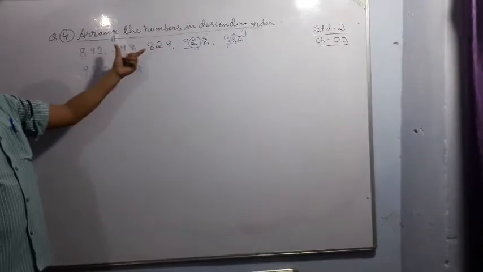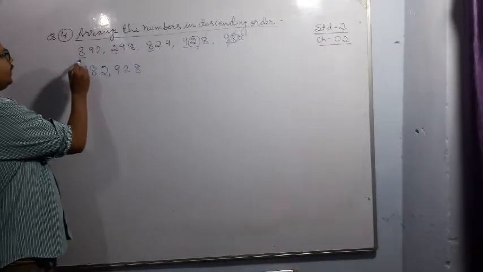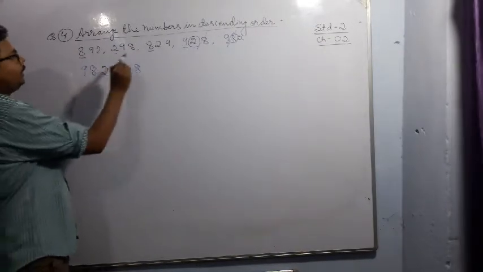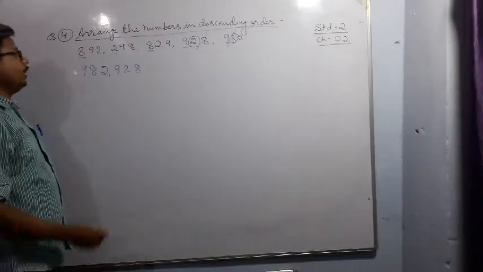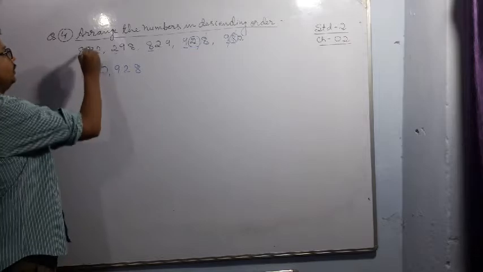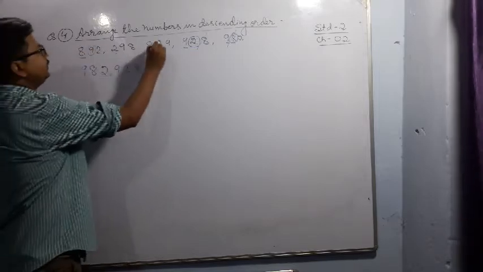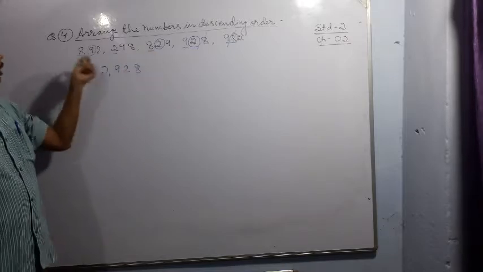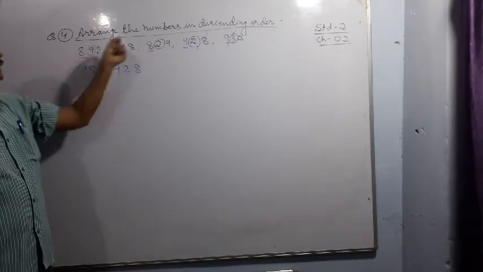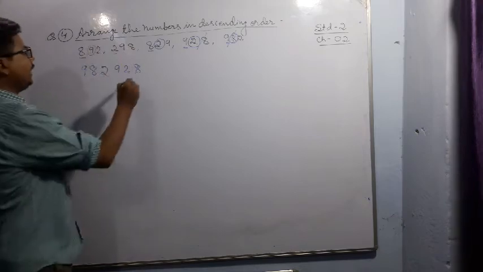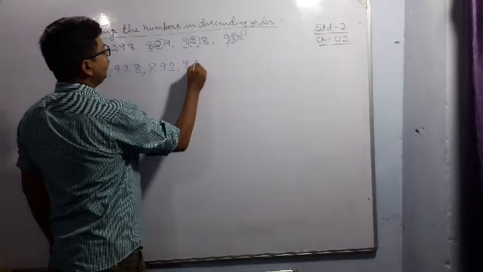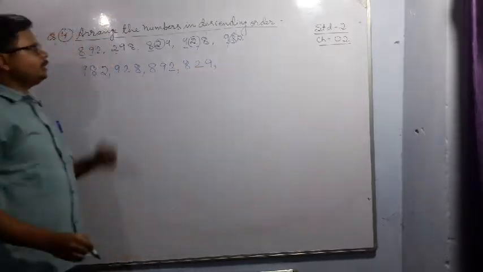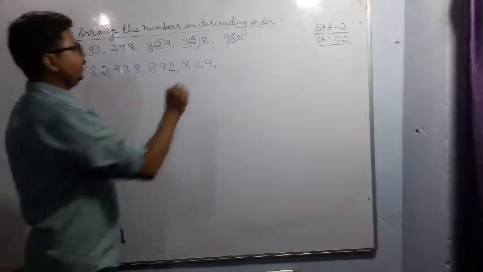Okay. Now I have written these two numbers, so I am cutting it. Now let us check these three numbers. As you can see in this also hundreds place 8 is there, and in this number also hundreds place 8 is there. Okay. So let us check tens place. This is 9 and this is 2. So 9 is greater than 2. So 892 is greater than 829. So we write here 892, then 829, and our smallest number will be 298.